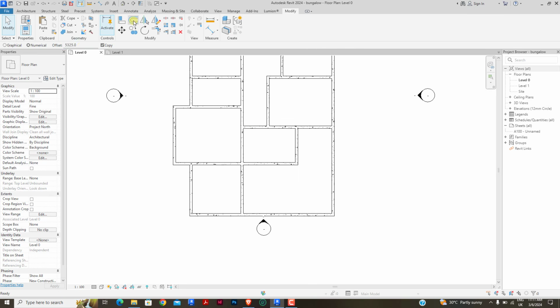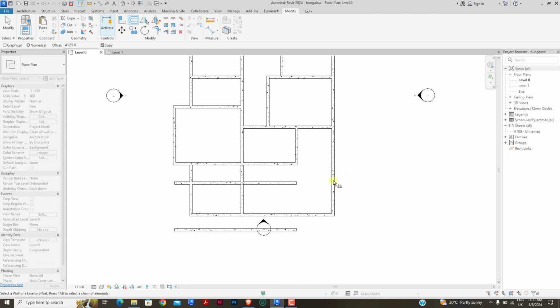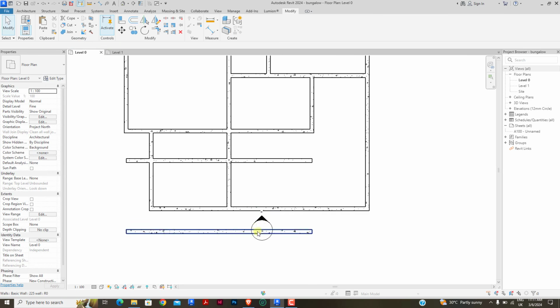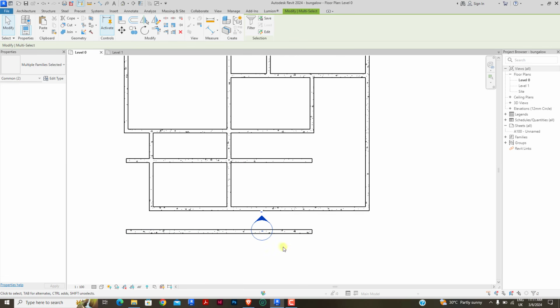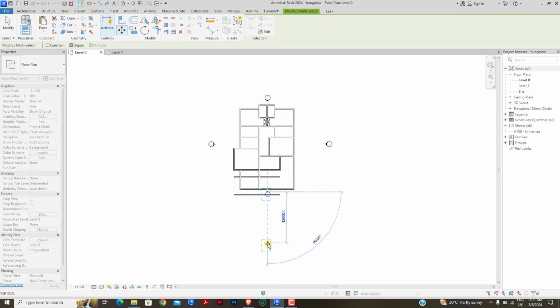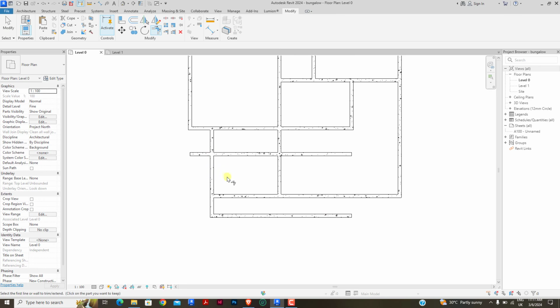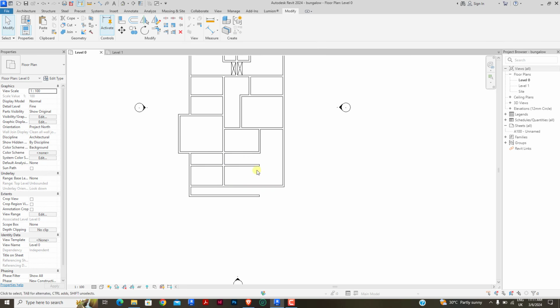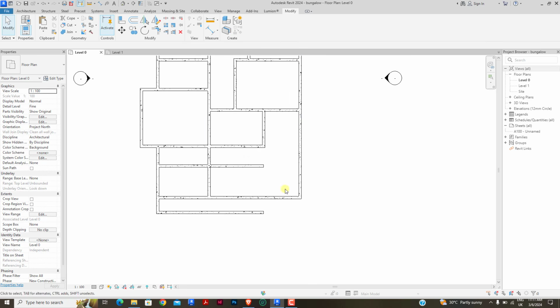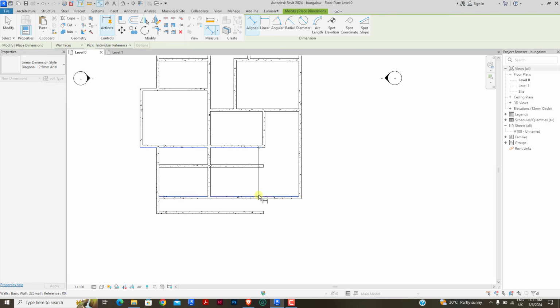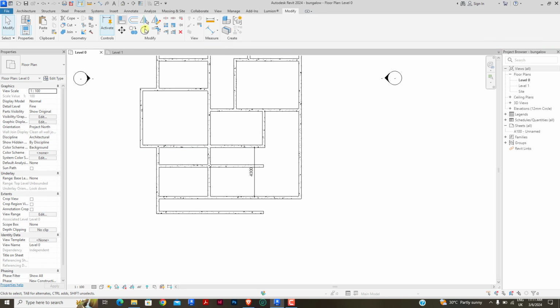Okay, so for the guests, let's do the guest toilet, 1,725 this way, and 4,125 this way. Okay, you see it's conflicting with this, so we're going to move this backwards to this point. Okay, so we have this. Let's trim this to this point, trim and extend this to this point. Okay, and we have, let's say, this is what. Okay, we have,